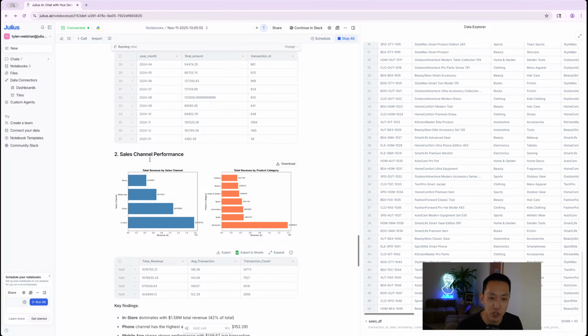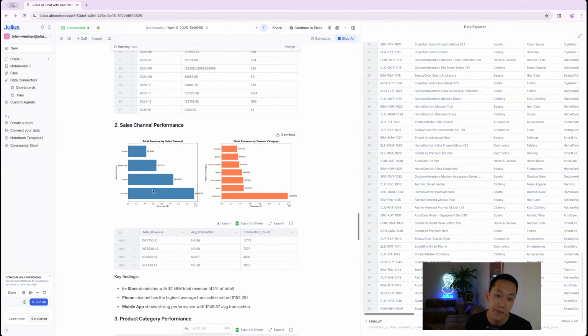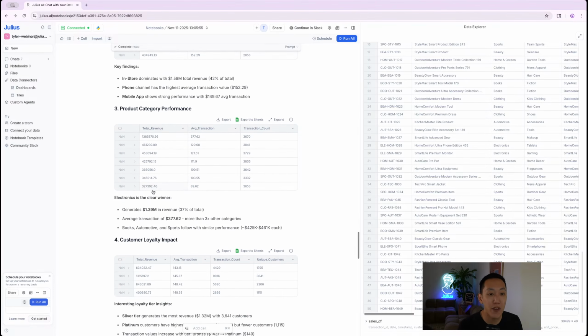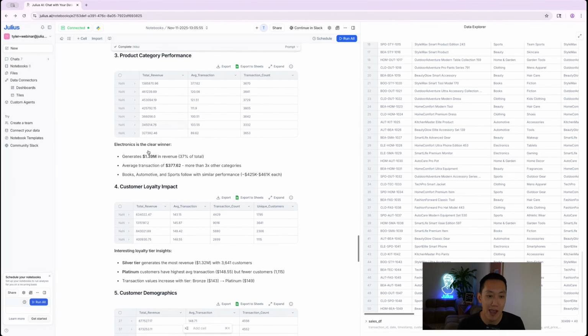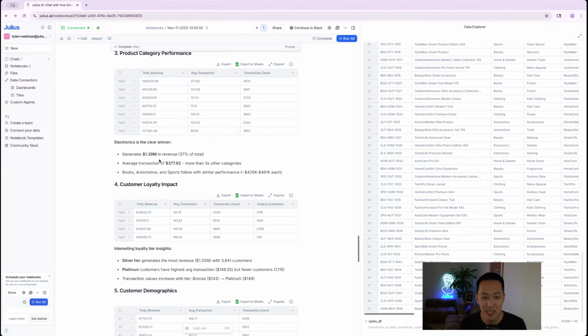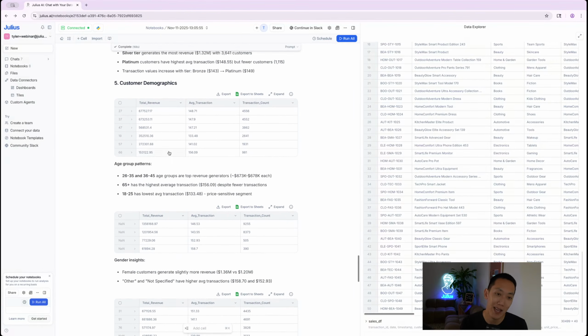Looked at some sales channel performance, so maybe what are the different ways people are buying some of our products. And then even specific product category performance, and also the customer loyalty impact. It's all these different ways that Julius had, at least, did a high-level overview of the data before really diving